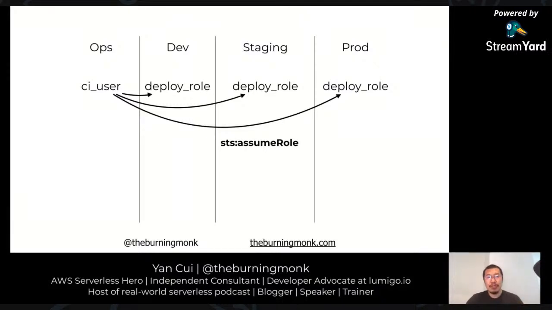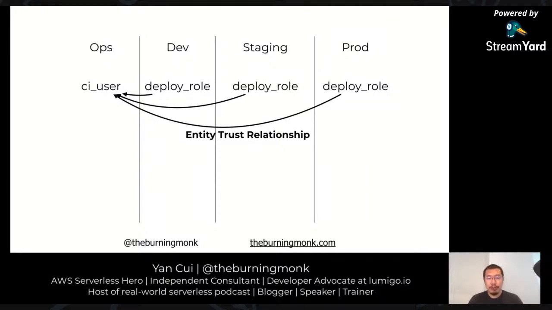But in each of those AWS accounts that you want to deploy stuff into, these are your destination accounts, you have a deployer role, which this CI user is allowed to assume. And each of these deployer roles will have an entity trust relationship to this CI user in the ops account so that they can only be assumed by this user and this user only.